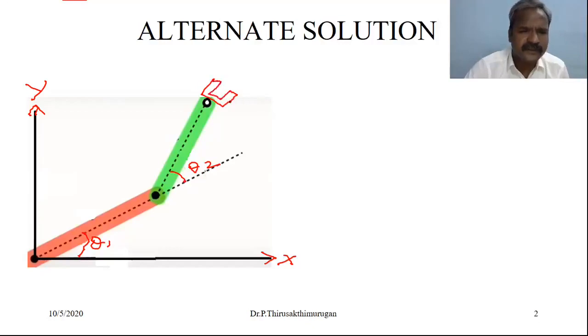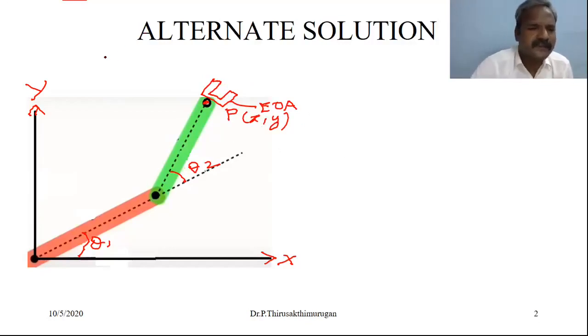This is the end effector or end of form. Say this is the point P. So P is nothing but X and Y. In forward kinematics, we determine the values of X and Y. But in the reverse kinematics, in the inverse kinematics, this is